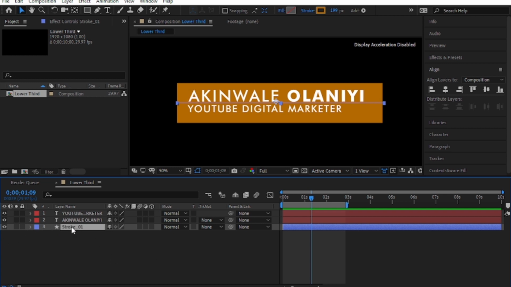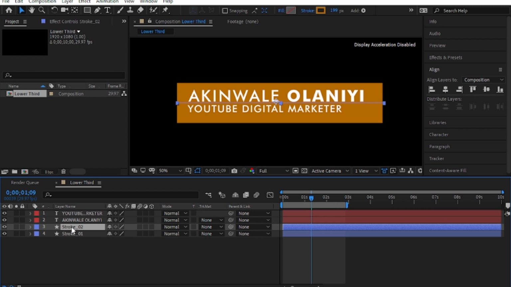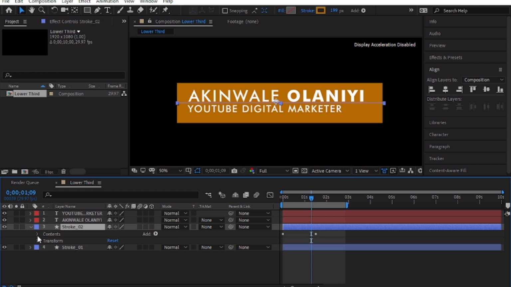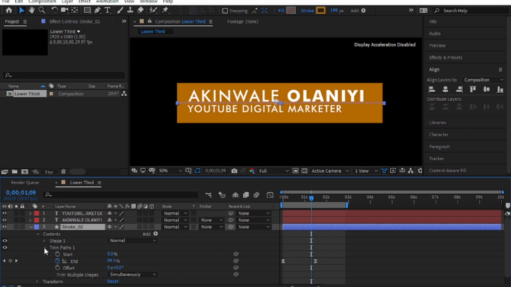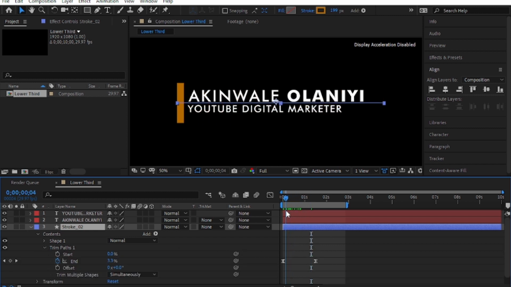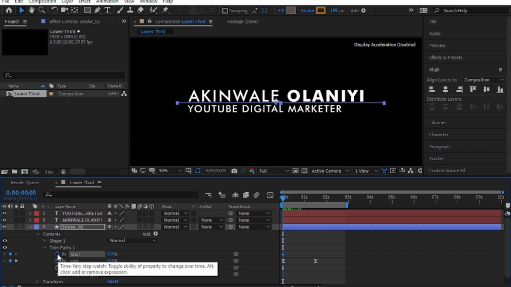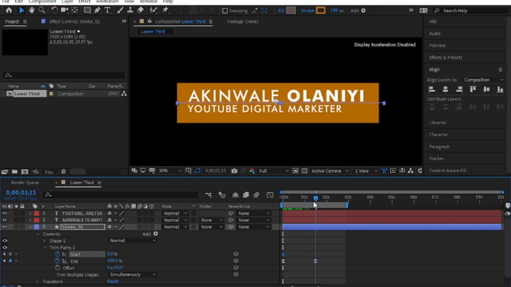And to do that, I'm going to duplicate this with Control D. And then here, let's drop this again. I need to go back to my trim path. Click on the content, click on the trim path. And here, what I want to do is also to work on the start trim path. So what I'm going to do here is to come here at the beginning of the frame. I'm going to keyframe the start trim path and come back to 1 second and 15 frames and increase this